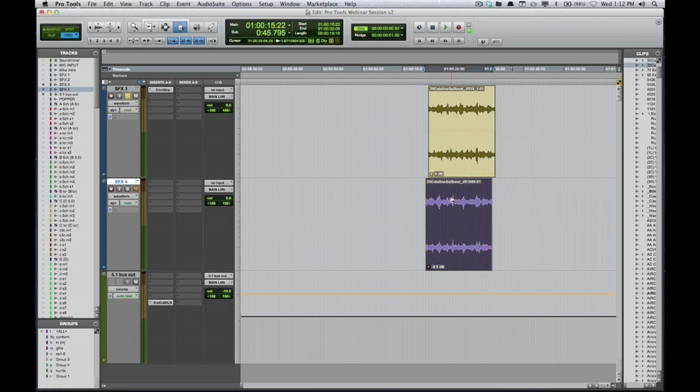Very, very useful. Another, when I switched from Pro Tools 9 to Pro Tools 10 for the project I was on, I had already cut my dialogue. Clip gain would have been a lot faster for getting all my cuts, getting volume graphs ready to go for my first pass of mixing and pre-dubs and all that kind of stuff. So yeah, clip gain, I absolutely love it. Highly recommend it. Everyone should play with it and utilize it.